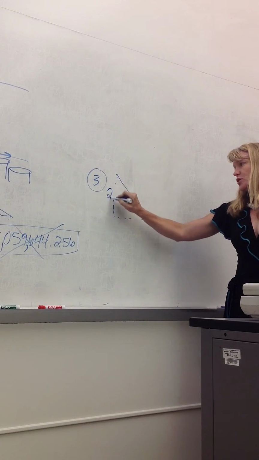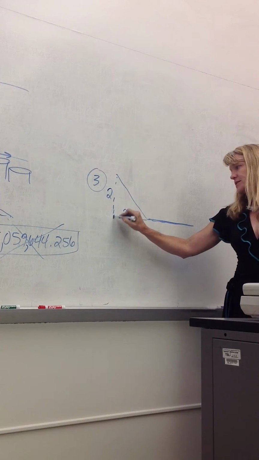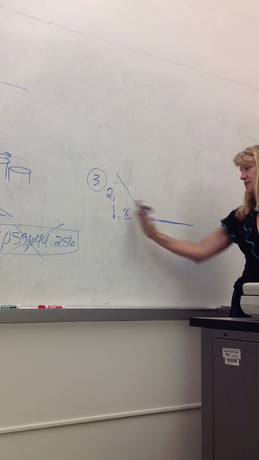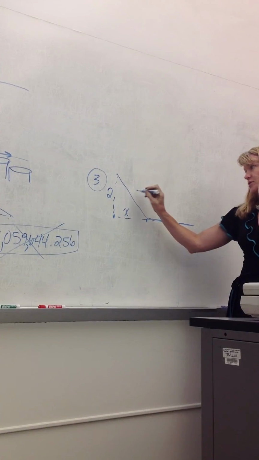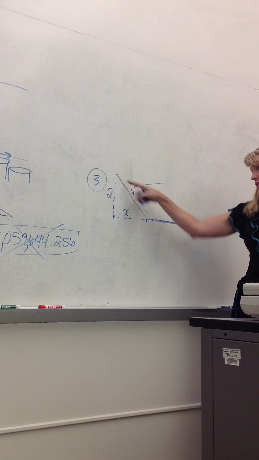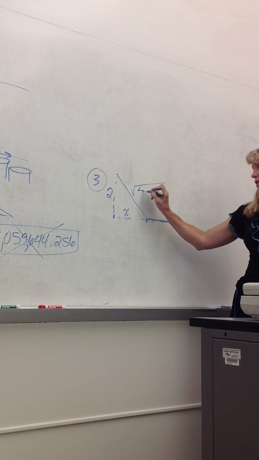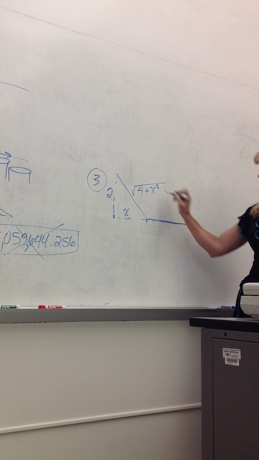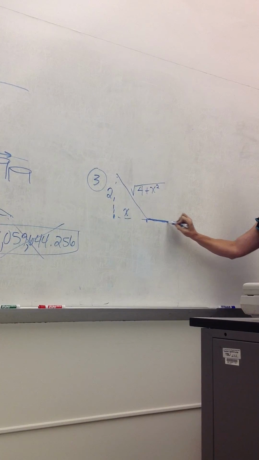So this is 2. We're going to call this distance x, and so x can vary. So the length across the water is going to be the square root of 4 plus x squared. And then the length on the land